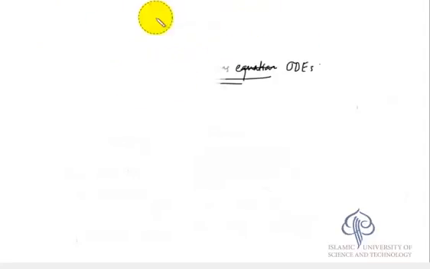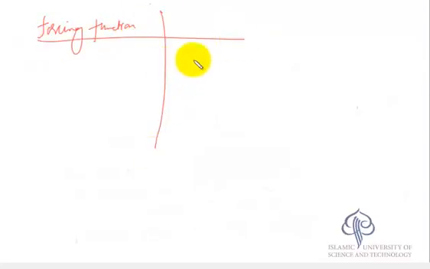So what is your forcing function, and what is the choice of your particular integral, which is x_p(t)? If your forcing function is, for example, some k e to the power gamma t,